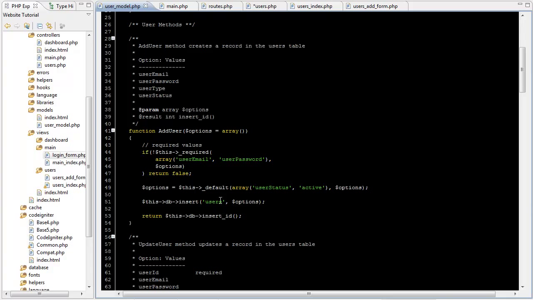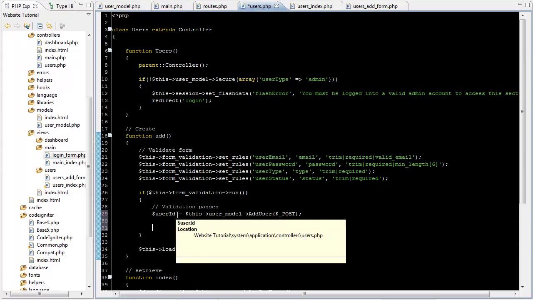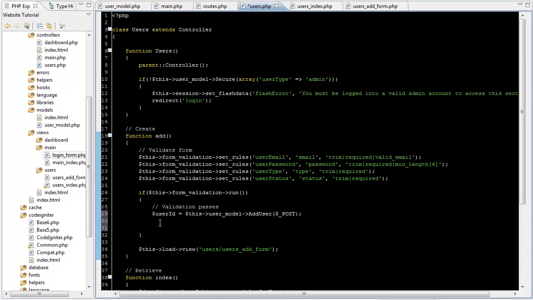And then it will just pass it to the active record insert method, and it will return the inserted record's ID. Now, if for some reason the insertion fails, the method insert ID will return false. Therefore, we know that we can check user ID to be not false, and that's how we know the user record has been successfully added. So if user ID